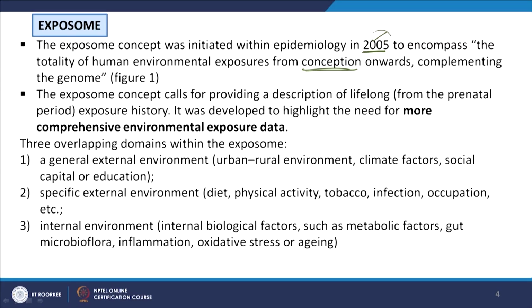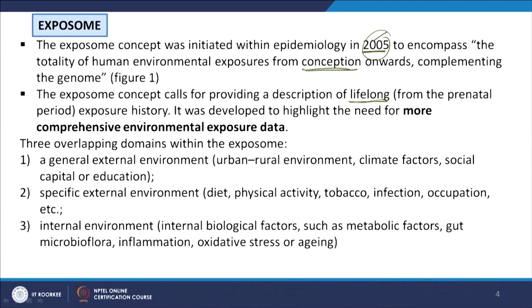And the reason why they started talking about this is that before this 2005 seminal paper, it was believed by many microbiologists and environmental microbiologists that it is our genes that determine our ability. So, for example, now people are talking about there should be a gene for alcoholism, a gene for homosexuality, a gene for this, a gene for that. So, let us say a putative gene for alcoholism, and what the research started gathering up by 2005 was it is not just the presence or absence of the gene, but a lot about regulation of the gene. There is a lot of things talking about how the environmental exposure complements the genome, and this is where the